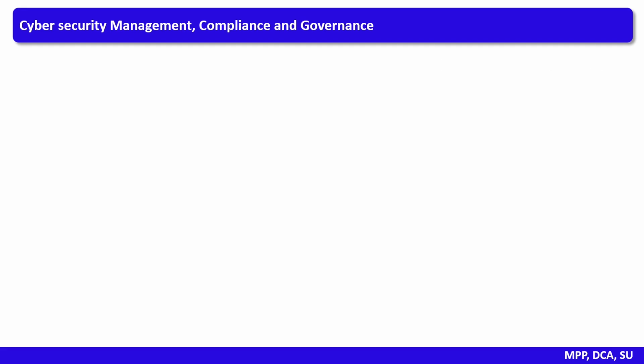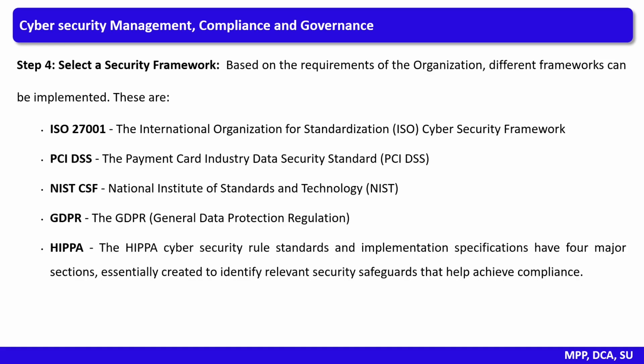Now let us move on to the next step, that is selection of a security framework. Based on the requirement of the organization, different frameworks can be implemented. These are ISO 27001, the International Organization for Standardization Cybersecurity Framework; PCI DSS, the Payment Card Industry Data Security Standard; NIST CSF, National Institute of Standards and Technology Cybersecurity Framework; GDPR, General Data Protection Regulation; HIPAA, the HIPAA Cybersecurity Rules,